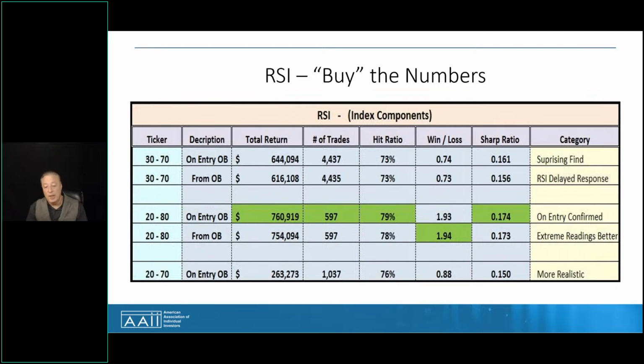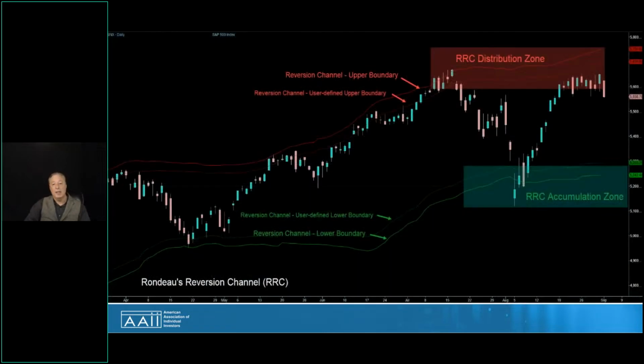So the takeaway here is RSI was effective, and it was certainly more effective at the 20/80 level, which is definite with all types of indicators of this nature. The more extreme the readings and the rebounds, the better they end up being. But selling was different. We need to evolve our approaches with the market.